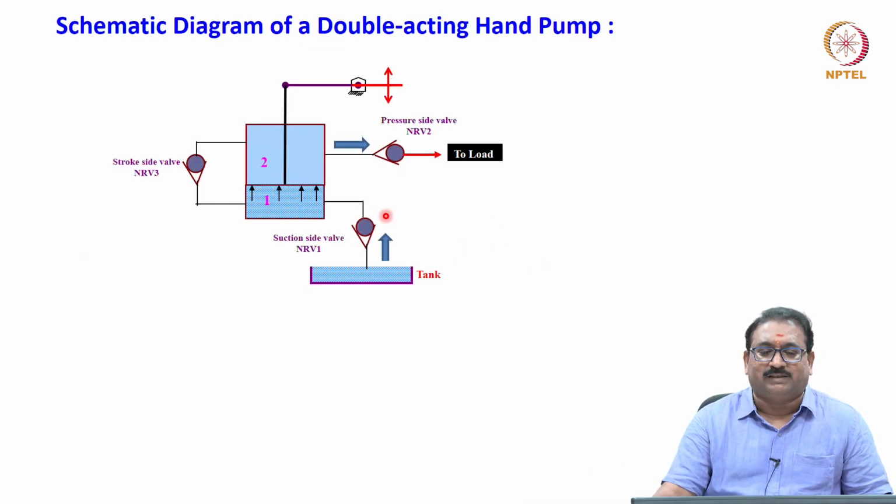Now I have drawn a simple schematic to understand the double acting hand pump better. You will see, friends, what the arrangement is. When the piston is moved up, what happens? Understand this neatly: the fluid will be sucked through the suction side valve. Then the fluid, when it is moving up, whatever fluid is there goes to the load. Please understand this, because the oil will not go here also.